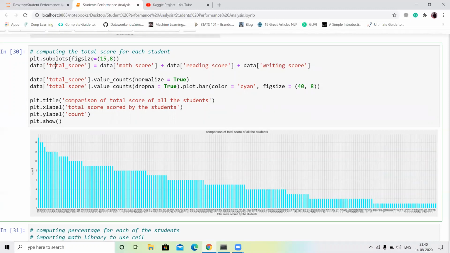Next, I normalize the total score column and plot the bar plot.